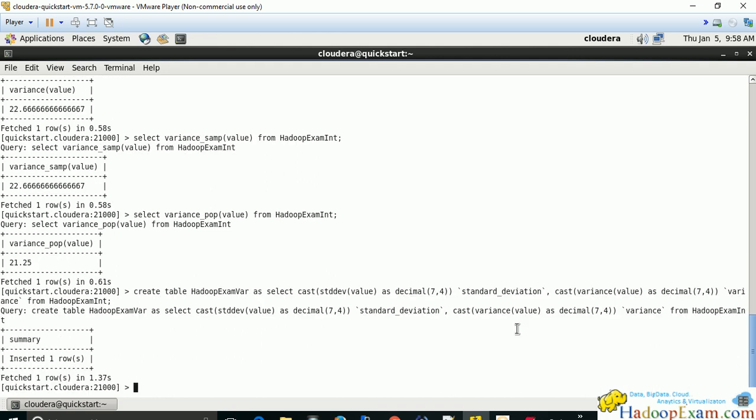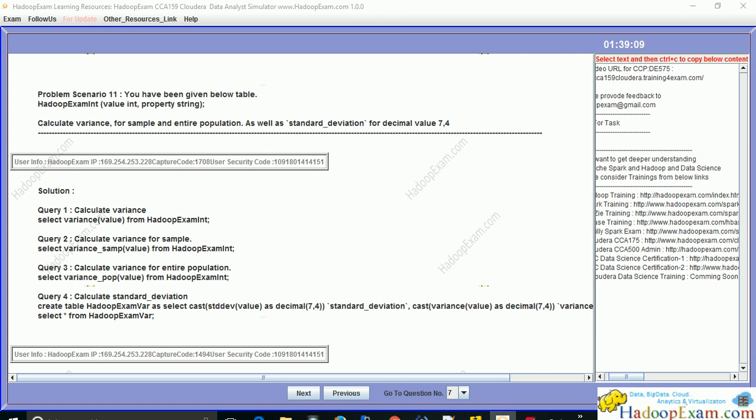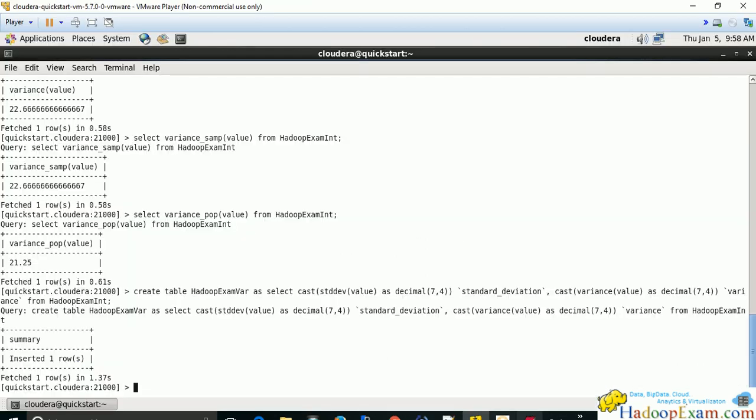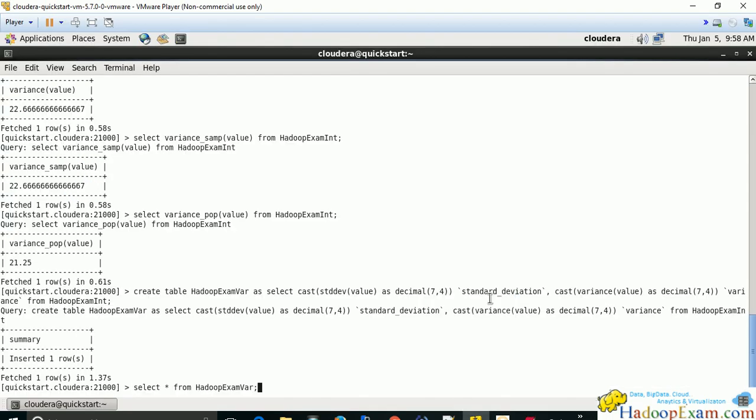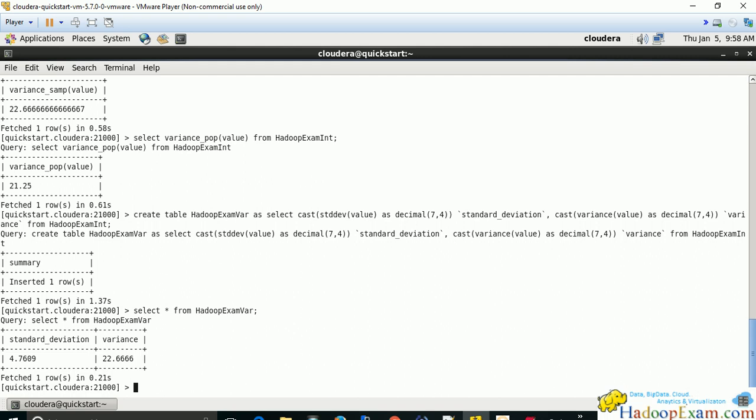One row is inserted, and you should be able to see the result. Now run select star from the table. The standard deviation and variance have been stored in this table. That's all about this problem scenario.